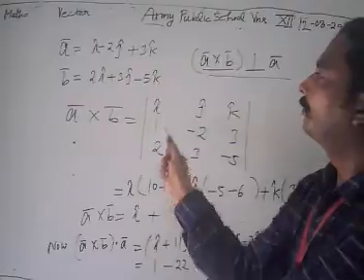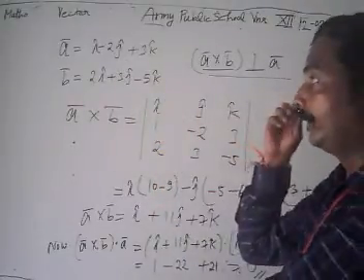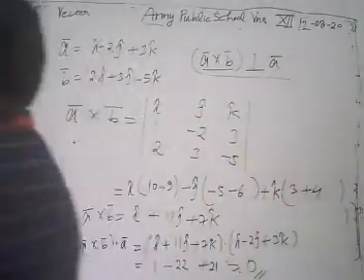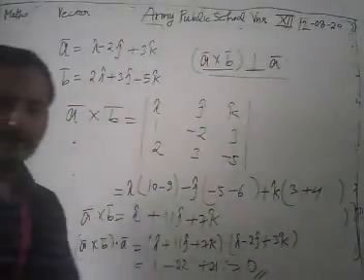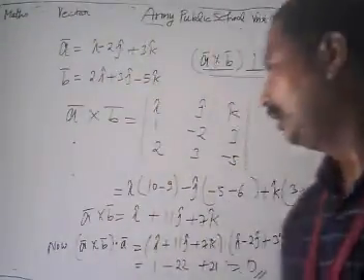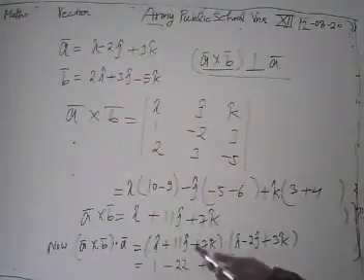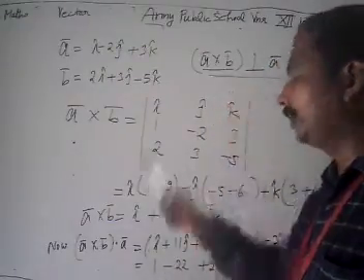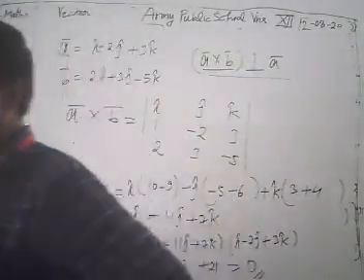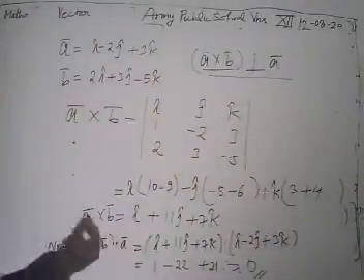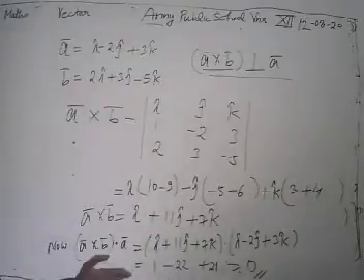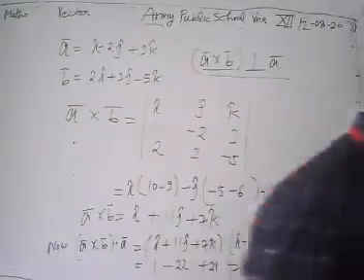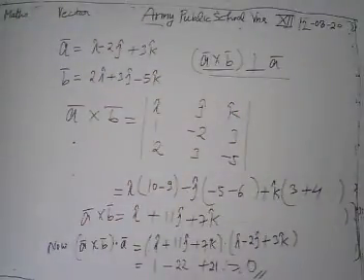Now we take the scalar coefficients of our I cap, j cap, k cap: 1, minus 2, 3, then 2, 3, minus 5. Then we are going to expand our determinant form. After expanding it, we get the value of A cross B is given by I cap plus 11 j cap plus 7 k cap. After that, we have to show that these vectors are perpendicular to the vector A. Then we take the dot product of vector A cross B with the vector A, and we show that the dot product is 0. Hence, our vector A cross B is perpendicular to vector A. This is our required solution.